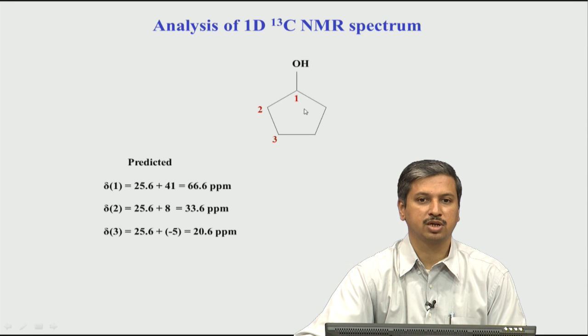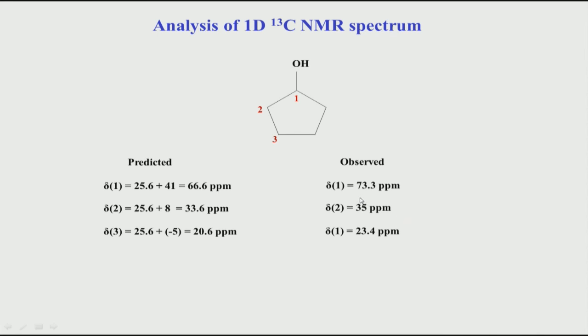So, these are the 3 peaks which you expect. What about this peak? This is the same as this, because there is a symmetry here. Similarly, this is the same as this carbon. So, we are only going to consider one set. Let us see how it compares with the observed values. The observed values are shown on this side, and you can see it matches very nicely with this carbon, not very well with this and this. But definitely, if in your spectrum you are seeing only 3 peaks, and the predicted and observed values are what you expect, then it is obviously very easy to do the mapping.